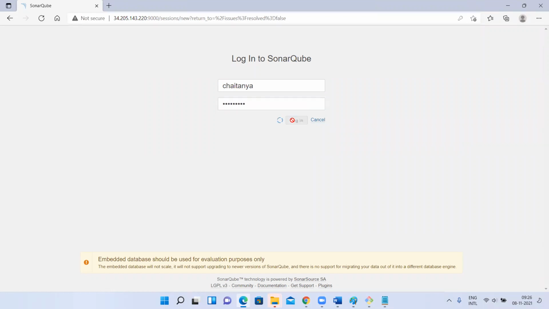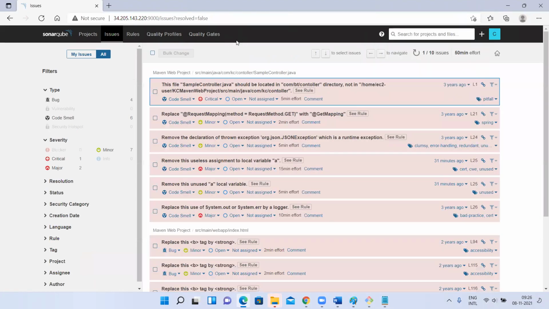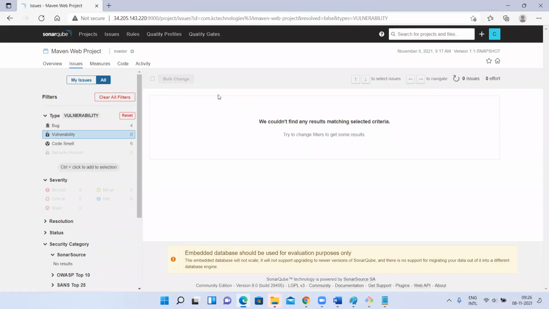Let me try to log in. Okay, I logged in as the Chaitanya user. See, still I'm not able to see the administration access, but I'm seeing everything, same as the anonymous user. I logged in, but I'm not able to see the administration access. I want to go to this project and do some actions. Okay, I'm not getting everything here. It is showing master also, means for this project you have used the master branch. This is the Git symbol. It indicates Git. Now I'm logged in as the Chaitanya user, but I'm not seeing administration.